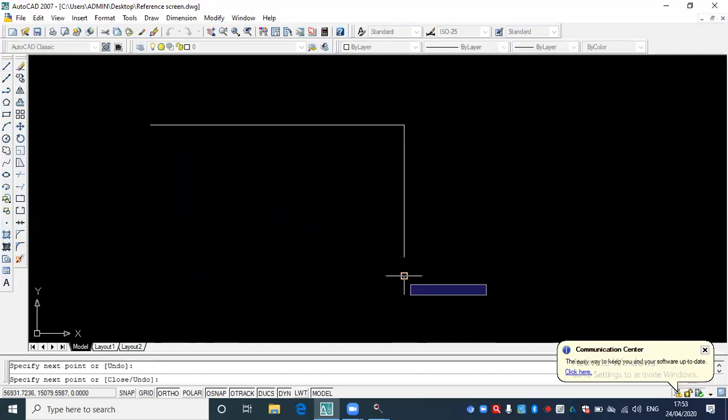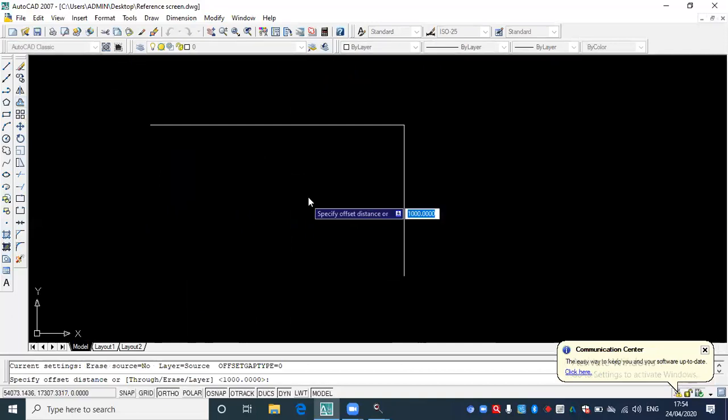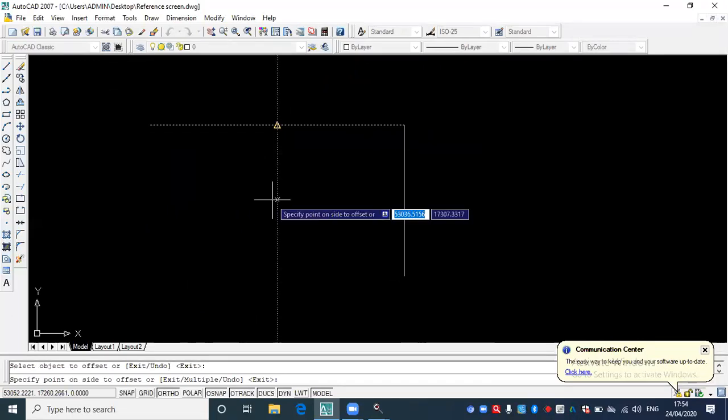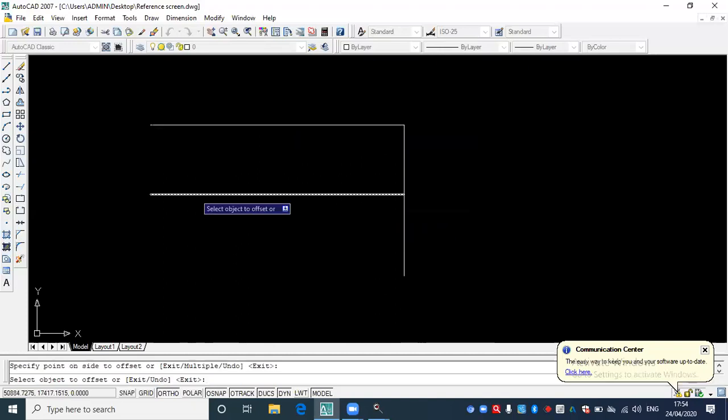You want to create from this line a parallel line at a distance of 2000 units. Select the offset command, it asks you to specify the offset distance, say 2000. Click here and click this side. You want the offset line to be created at this side. You just click at this side. The offset line is created.